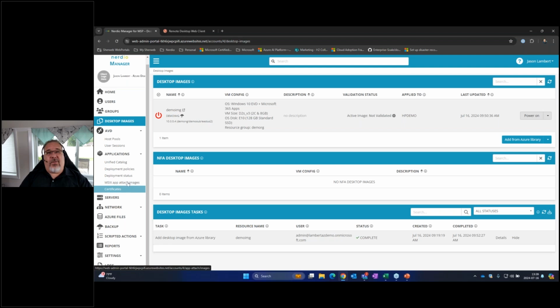You got different catalogs to take advantage of, certificates. One of the neat things when you're setting up your desktop image is you can add in third-party software. So Nerdio has a very extensive catalog, and you're going to see when I go ahead and fire this up, when I created the image, I had Adobe and 7-Zip and 3CX, I think. I had that software installed with my image. So every time I rolled that image out for users, they're going to have that software in there. So it just makes it really easy.